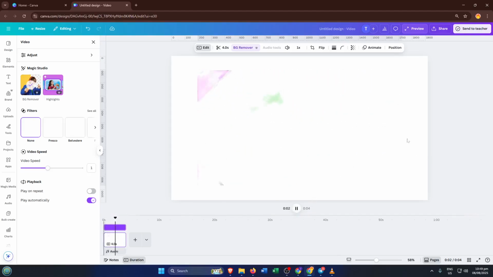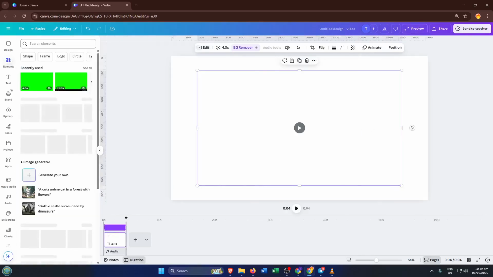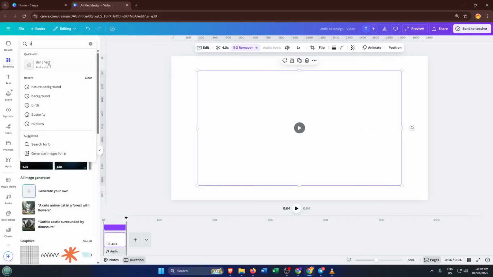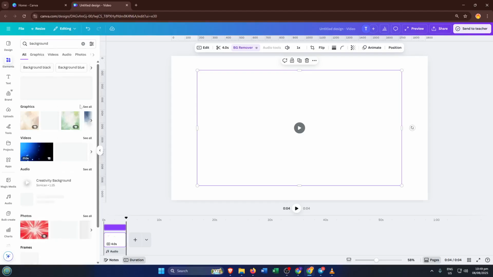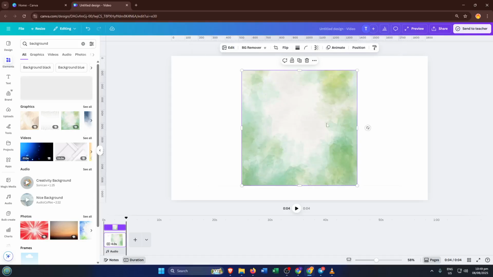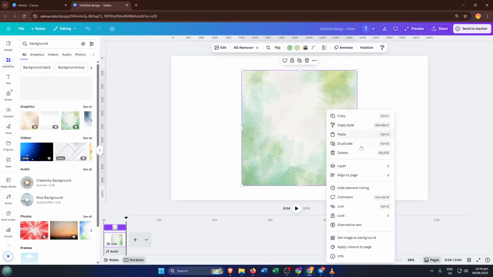This is where you get creative. Head back over to the Elements tab and this time type background into the search bar. You'll see a whole range of options pop up. Everything from solid colors to abstract designs, cityscapes, and natural scenes. Drag any background you like onto your project and resize or position it behind your video subject. If you want, you can even layer in multiple backgrounds, add text, or adjust the filters for a completely unique